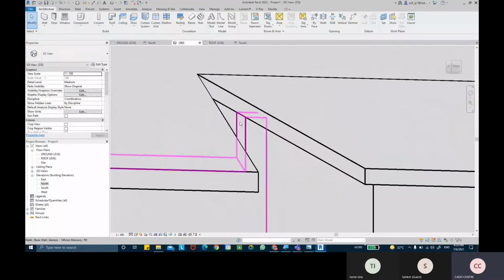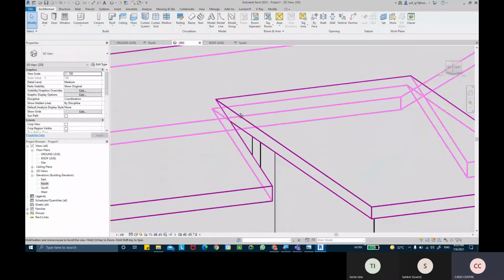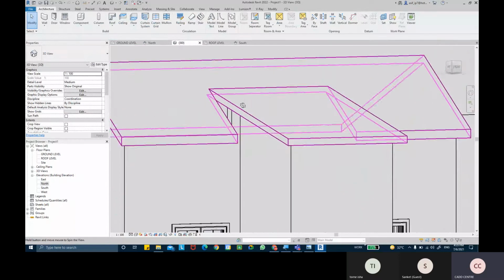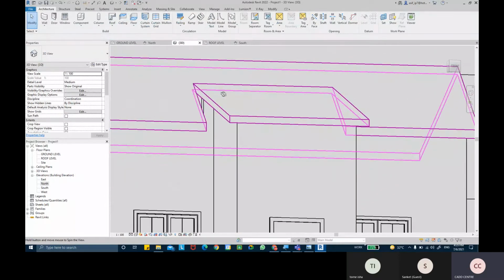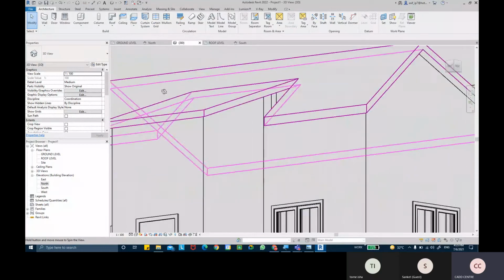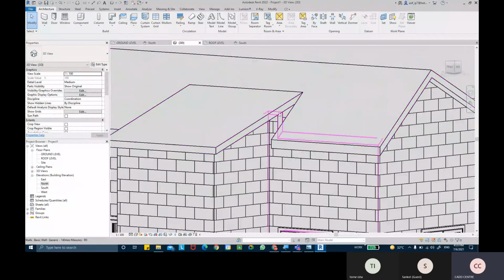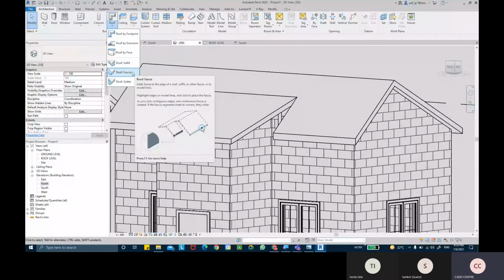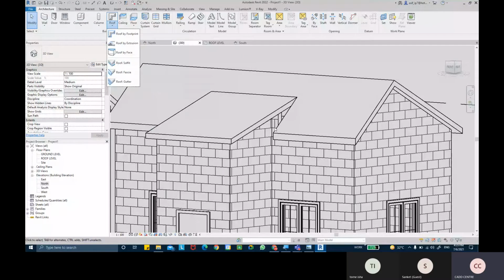Now here we have a slight issue because of this roof. That's not a problem. We can add a fascia later on to cover that open end of the walls. We have fascias to cover the roofing battens and everything, to cover those holes or gaps in the walls.